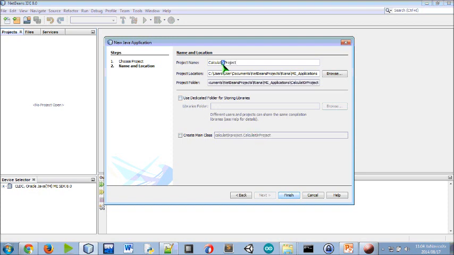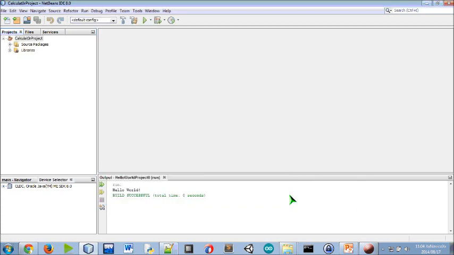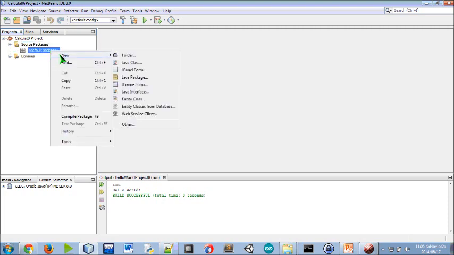I'm just putting a 0 in there because I already have a calculator project as well. Then just make sure again that create main class is not checked and then you can click on finish. So you can click on source packages again, the little plus there, click it. Then you get the default package again, so you can right click on that and you can say new and